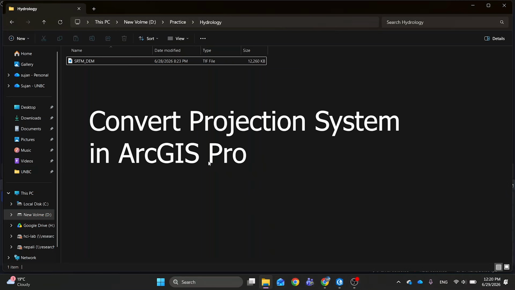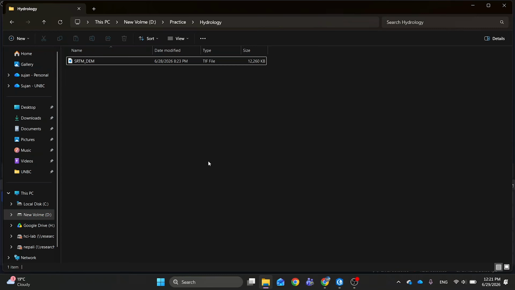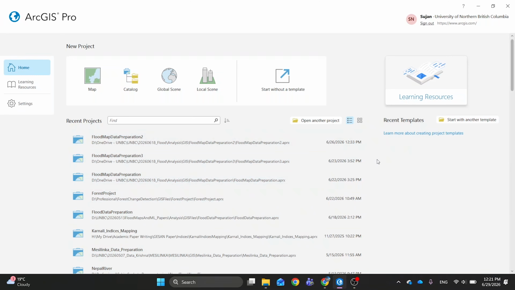So hi everyone. In the previous video we learned how to download SRTM from Google Earth Engine to your local drive. Now I'm going to start a new phase where we will be using this digital elevation model for hydrological purposes, like how we can use this data to create a number of layers which are useful from a hydrological perspective. So first of all, the digital elevation model that we downloaded from Google Earth Engine will be